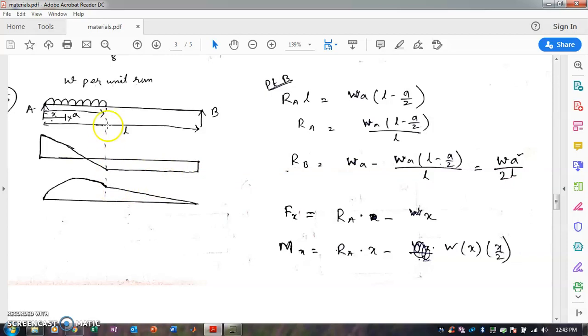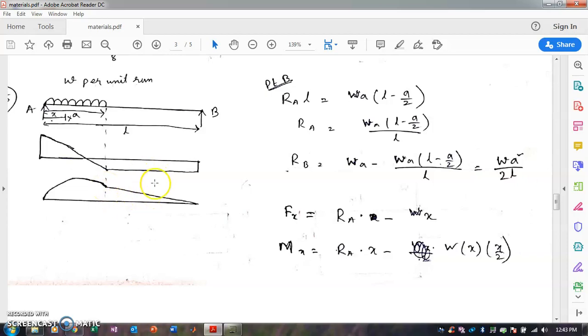And again, for drawing the bending moment diagram up to this point, suppose this point is C, up to which the force is acting. Up to this point the only bending moment on the right hand side will be due to Rb. So Rb into this length, that is L minus A. So this will be the bending moment at the point C. Okay, it will change linearly. Then due to the uniformly distributed load, the bending moment will be a parabola. So it will change parabolically.